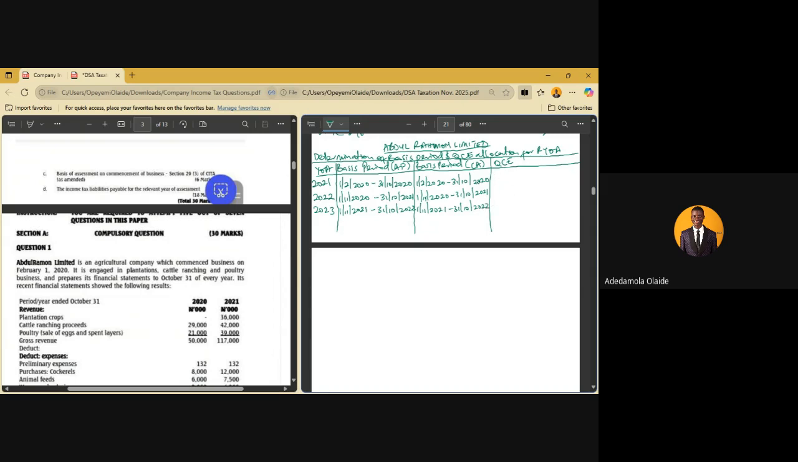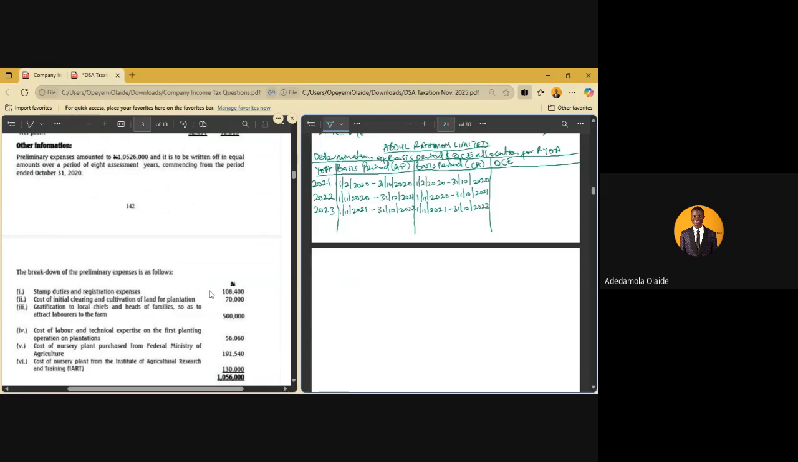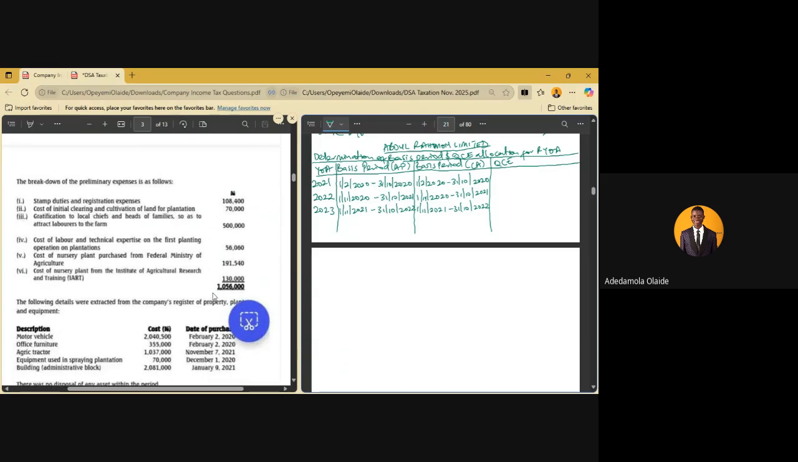So for our QCE, we now need to go and check the QCE they said they incurred. First thing first, if you look at the breakdown of these preliminary expenses, we have some items there that are capital in nature, like cost of initial clearing of land